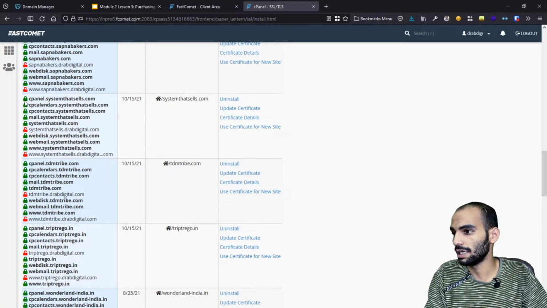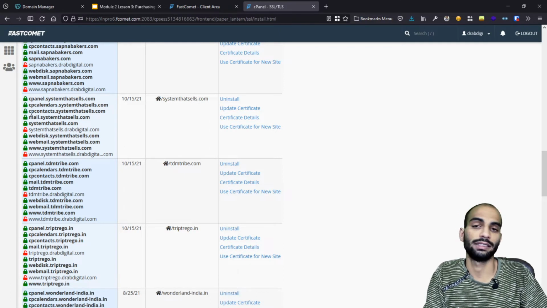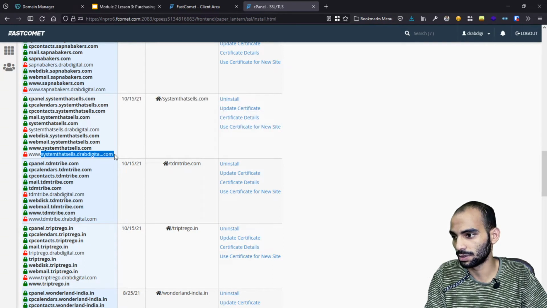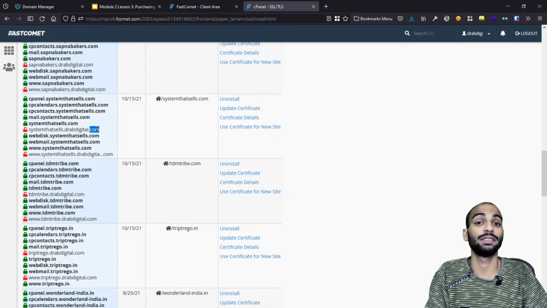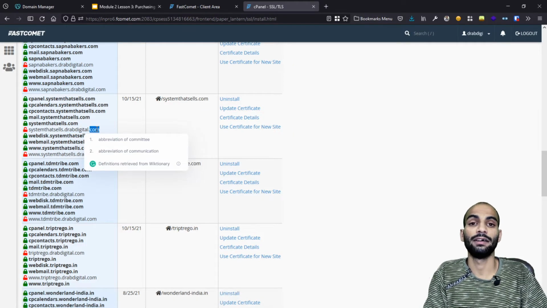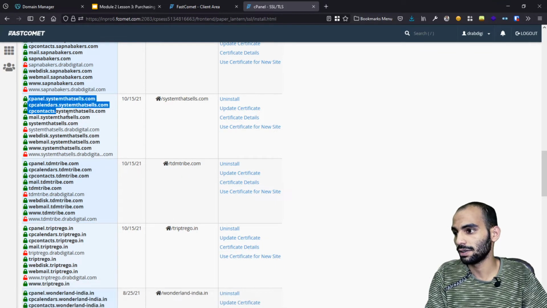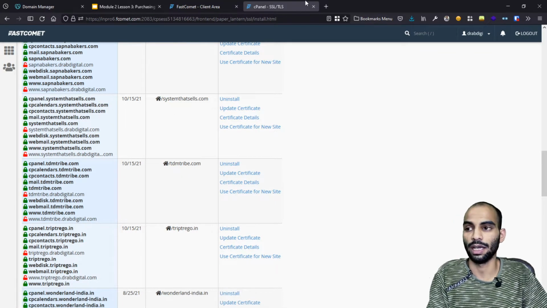If you see the green padlock icon, it means that the SSL is installed successfully. Now ignore these two subdomains of draftdigital.com. They are generated automatically if this is not your primary domain. So yes, you can see the SSL is installed.